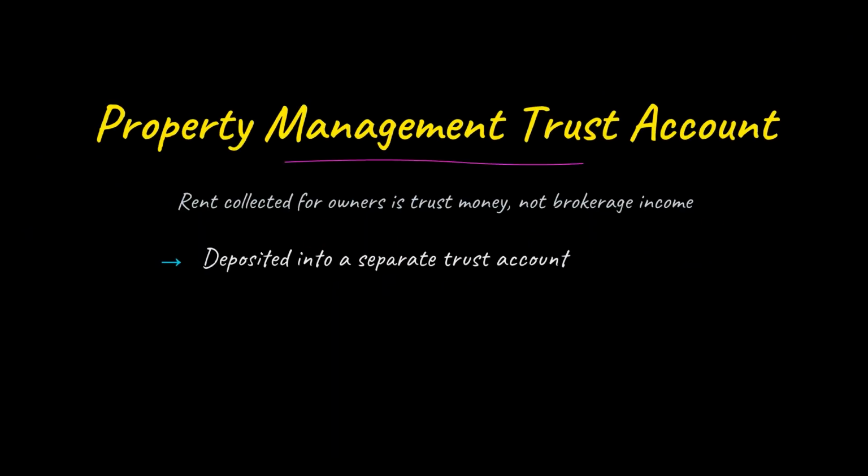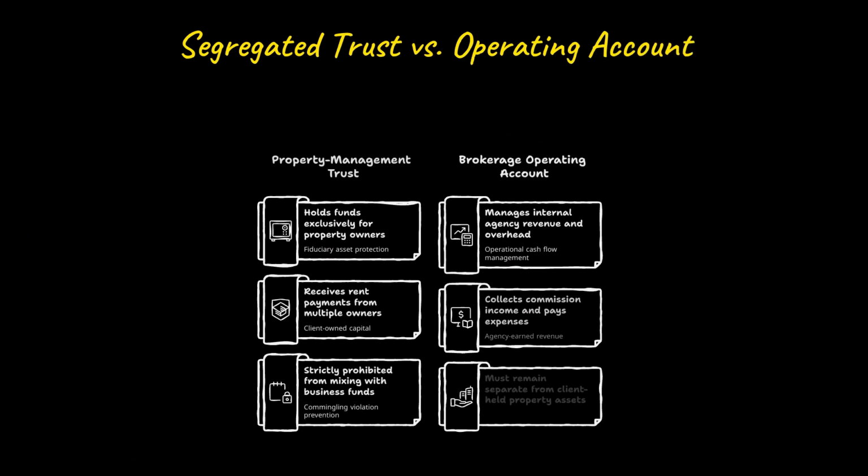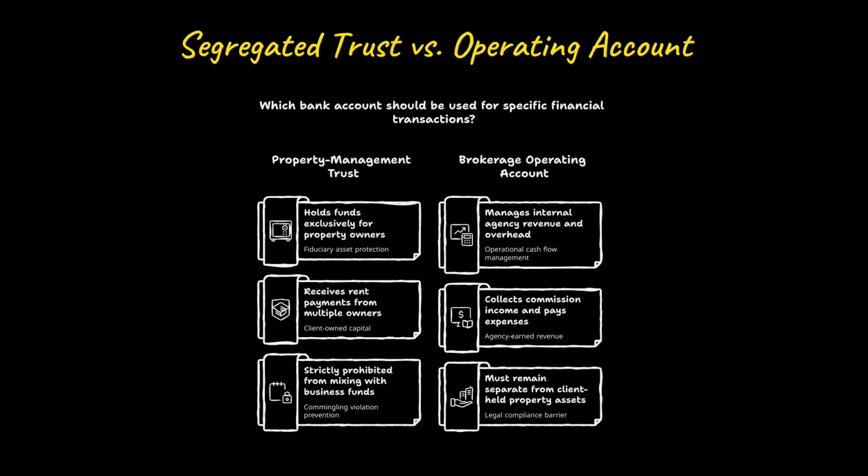Commingling isn't just about earnest money. Any client funds a licensee holds, including rent collected on behalf of property owners, must be kept separate from the brokerage's own money. When a licensee manages rentals, each owner's rent must go into a dedicated property management trust account. It stays separate, it's tracked by owner, and it's only dispersed according to the management agreement. The rule is simple segregation. Owner's rent flows into the trust account. The brokerage's own money lives in the operating account. Crossing that line in either direction is commingling, and it exposes the licensee to discipline even if no money is